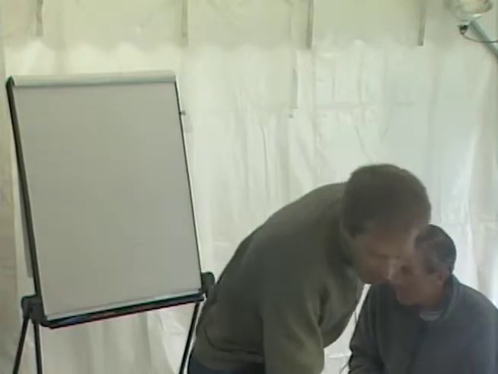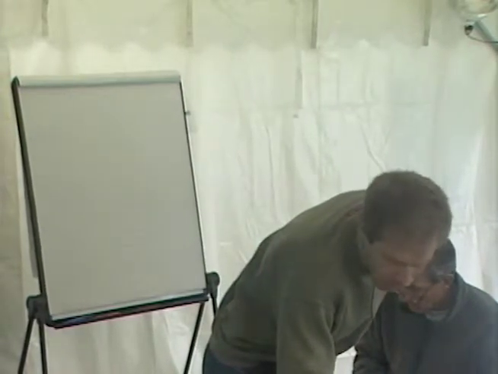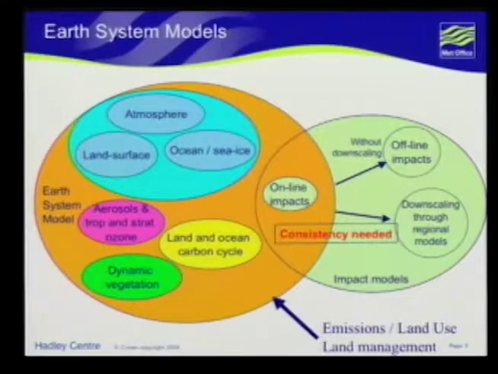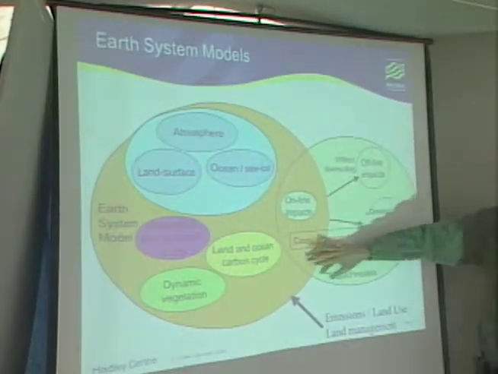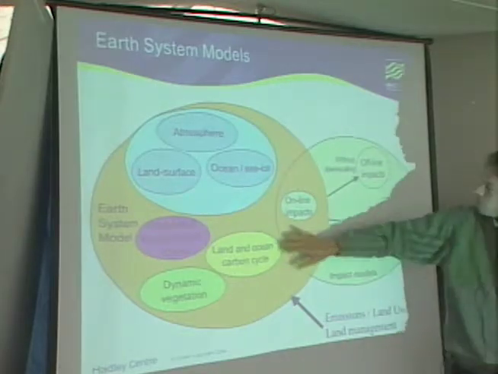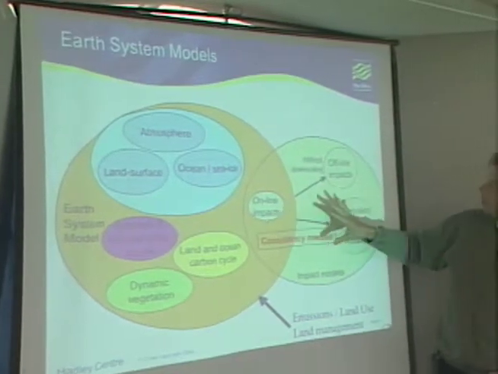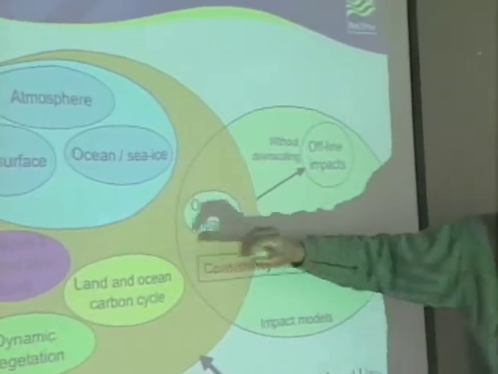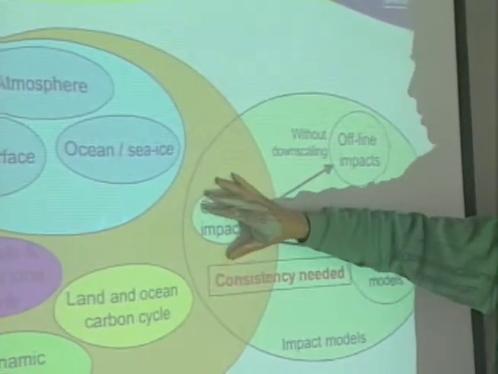So it's moving on my screen, but not on the main screen. Okay. This is just a small sketch of Earth system models. You're very familiar with that: the physical climate system, and then some more components which are gradually taken into that framework. Aerosols and chemistry, dynamic vegetation, land and ocean carbon cycle. But the thing we haven't discussed so much today is that there will be some intersection between impact models and Earth system models. So there is a little bit of impacts which has to be done here.